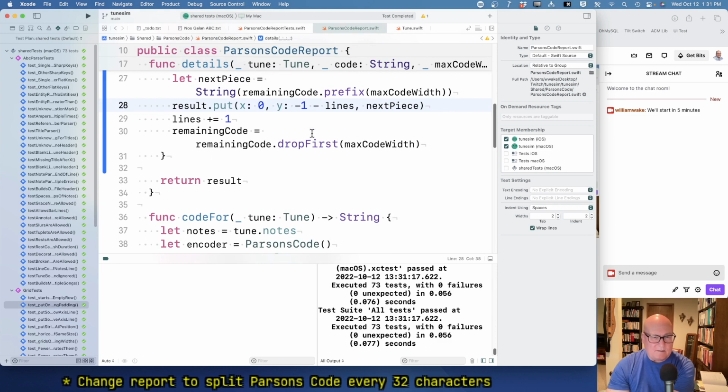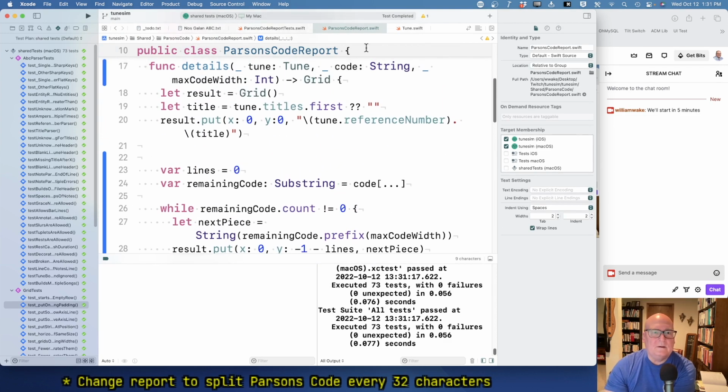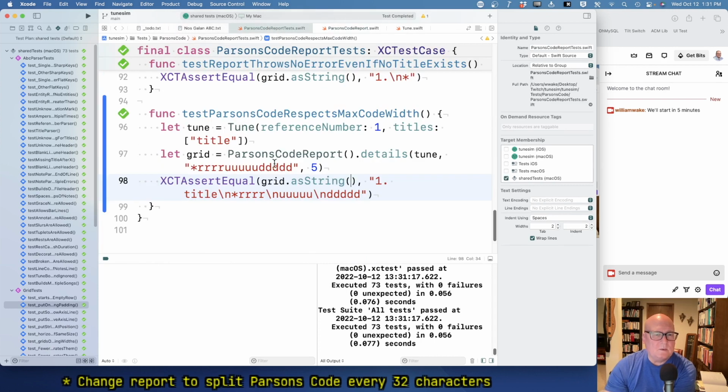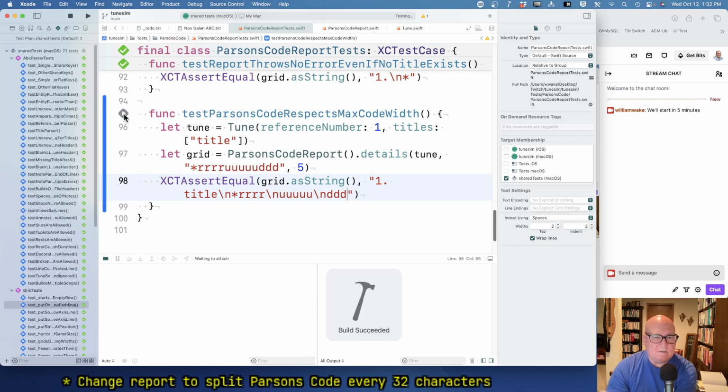And the difference is drop first is okay with dropping 10 when it's only got 5 in it. All right, and let's do one more thing. Let's change this a little bit and make sure it's not divisible exactly by 5. I believe it should be okay, but